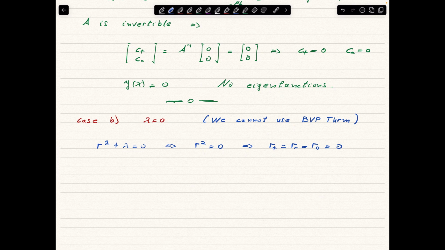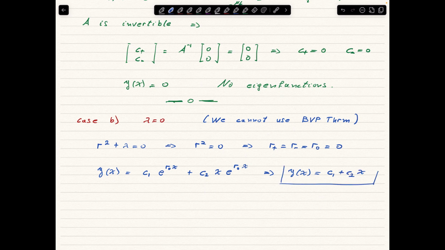Recall that when we have a repeated root, the general solution is c1 exponential of the root times x plus c2 x exponential of the root times x, but now the root is 0, so that means that our general solution to the differential equation is nothing more than c1 plus c2 times x,